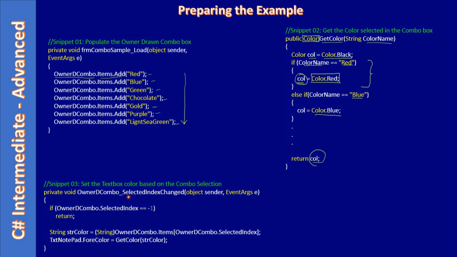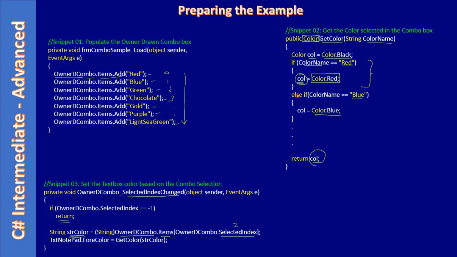Then for our combo box, we handle the selected index changed event, and if nothing is selected, we return from this function. Otherwise, we use the selected index and we refer to the combo box's items collection. Say for example, the index starts from 0, 0, 1, 2, 3, likewise it goes. If the user selected blue, then the selected index will be 1 and items of 1 will return blue, and we convert that to a string